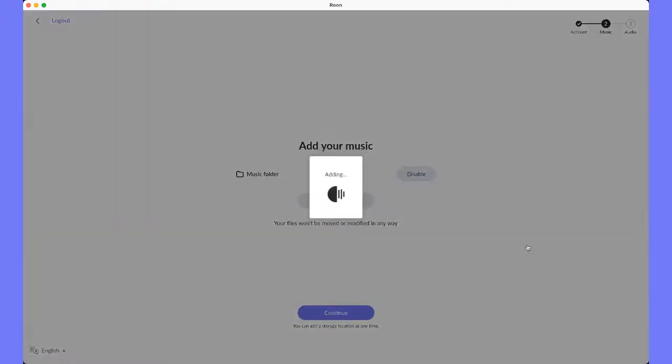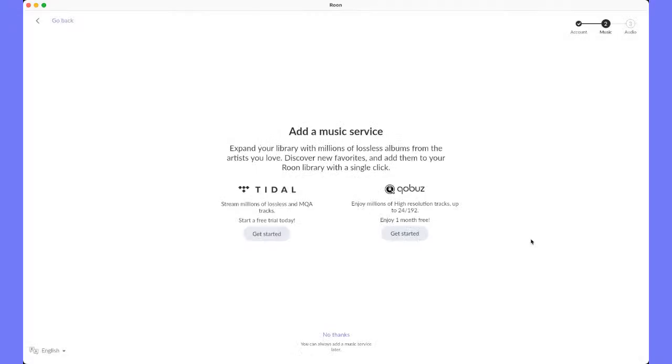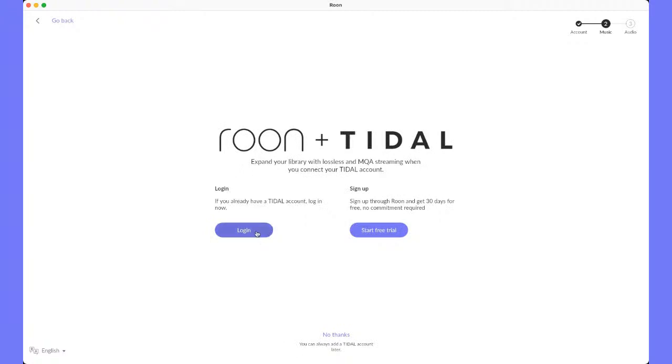We'll go ahead and continue here. So now it's going to add my music to my Roon library. And then we're presented with streaming. As a part of using Roon, when you click these Get Started buttons, with the example of Qobuz, we'll include a free 30-day trial, clicking that Get Started button and going into your new account setup if you've never used Qobuz before. However, clicking on either of these buttons, I'll go ahead and grab Tidal here, and I'll say, hey,